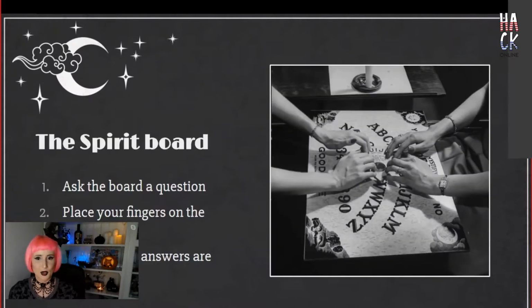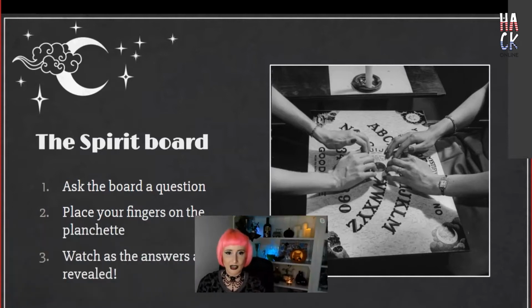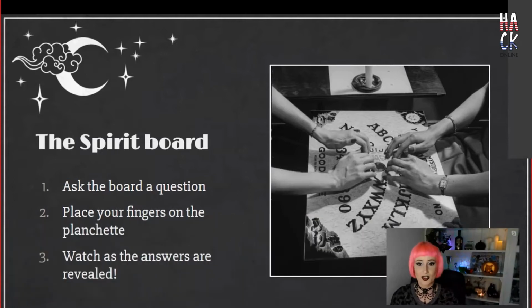Now, the spirit board, or Ouija board as you may know the trademark name, is a flat board marked with the letters of the alphabet, the numbers 0 to 9, the words yes, no, and occasionally hello and goodbye, along with various symbols and graphics. It uses something called a planchette, which is a small heart-shaped piece of wood or plastic, as a movable indicator to spell out messages during a seance. Participants place their fingers on the planchette, and it's moved about the board to spell out words. Spiritualists believed that the dead were able to contact the living using such a board as a divining tool.